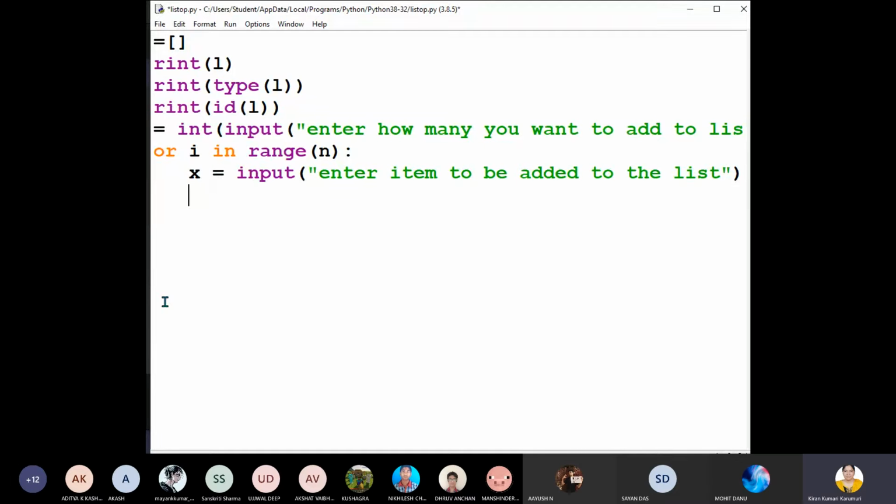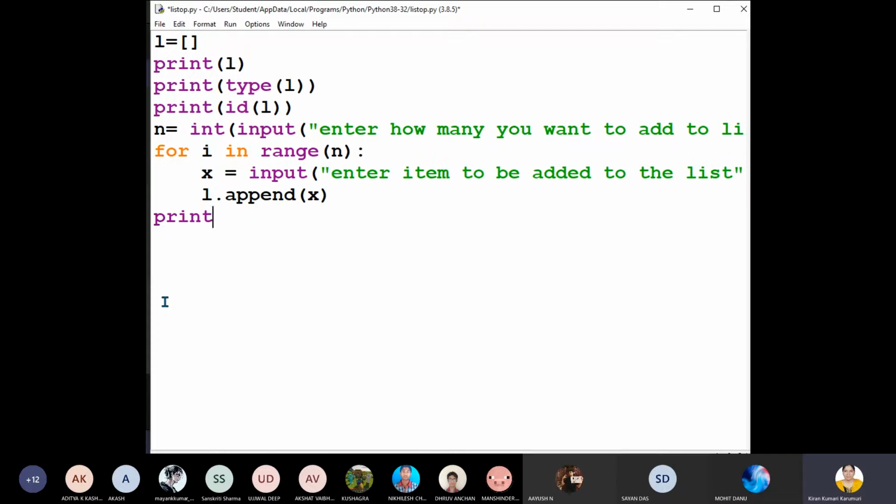So now what should I do? I have to add this X. How can I add? L dot append X. So now X is added to the list. Now finally, if you print L, what will be printed? So the new list is L. Let me see, what is the list initially?